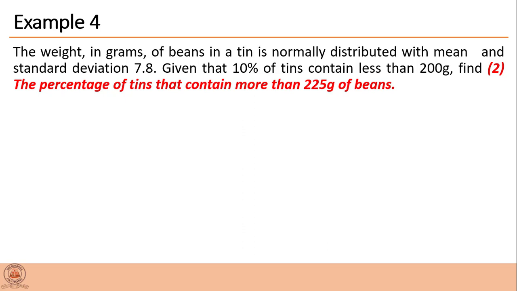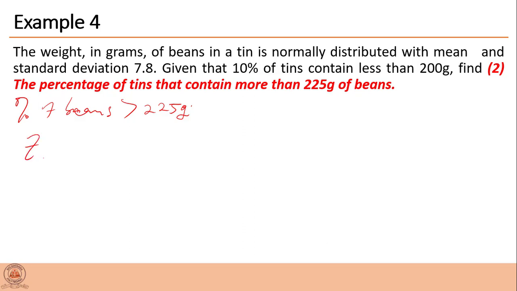The second part of the question says, given that 10% of things contain less than 200, find the percentage of things that contain more than 225 grams of beans. So here again, we're not interested in the mean, we're not interested in the x, we're interested in the percentage. So let's see. So the percentage of beans greater than 225 grams,